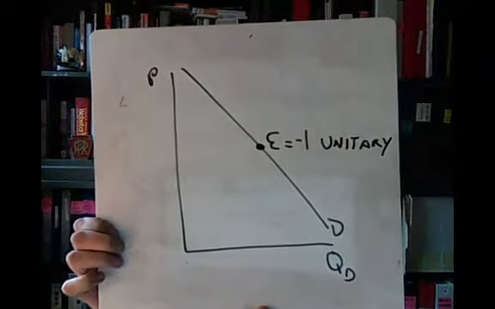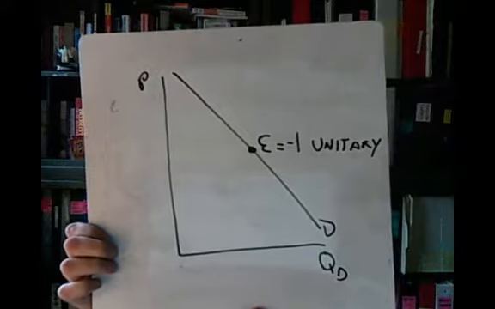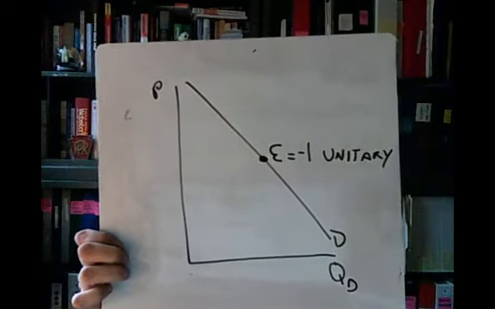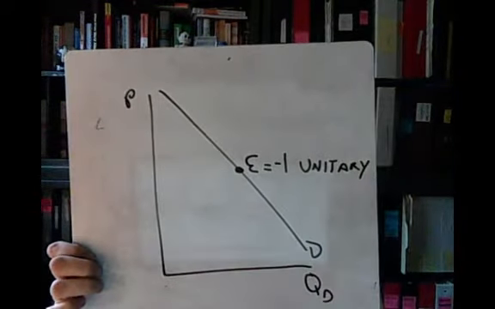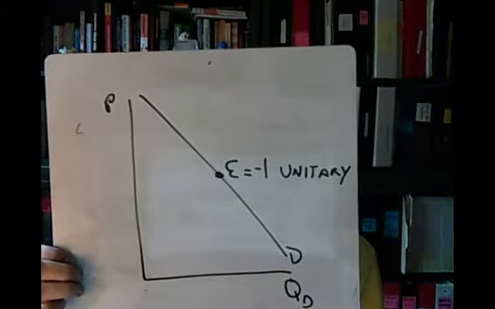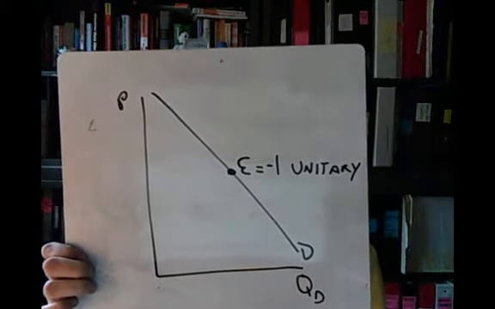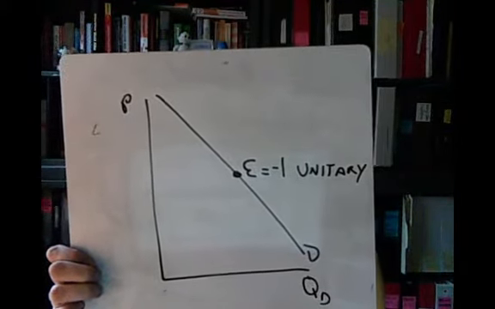And what that's going to tell us is that for a 1% change in the quantity demanded, there's a 1% change in the price. So it's a 1-to-1 ratio. It's neither insensitive nor sensitive, right? It's just equally sensitive and insensitive, I guess you could say. In this region here,